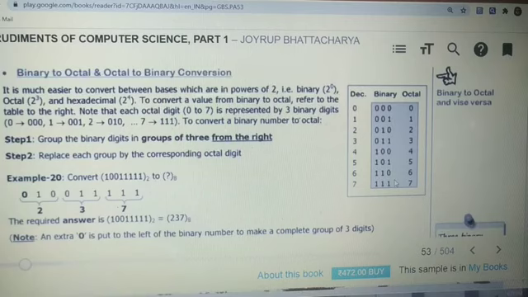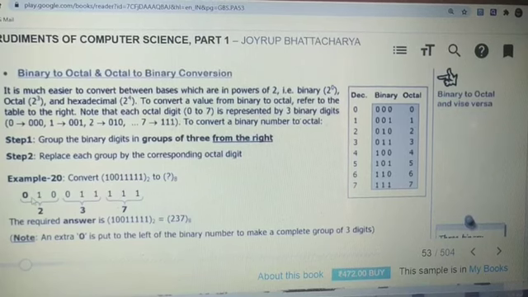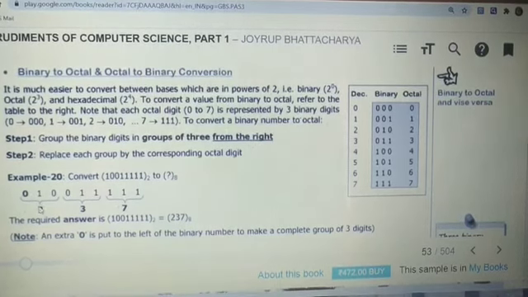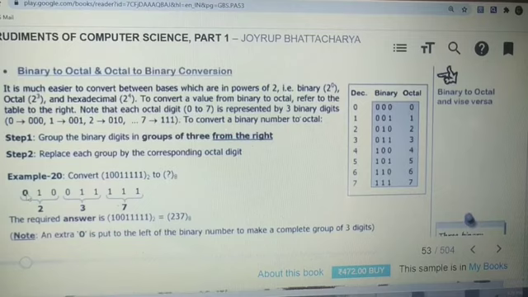Now coming to the topic: if a binary value is given and you have to convert it into octal, then from the right-hand side to the left-hand side, club 3 bits each. So 111 we club, then 110 we club, then only 10 is left. We know that octal has a 3-bit representation, so one bit in the last part is missing. If any digit is missing when we are clubbing, you can put 0.